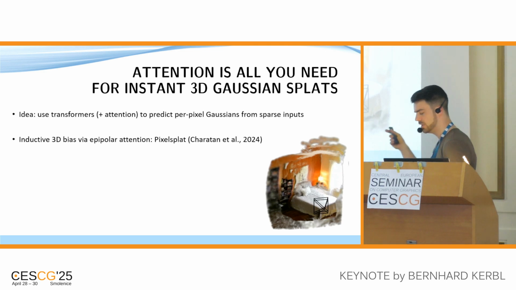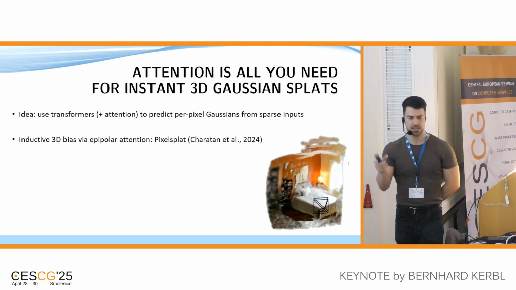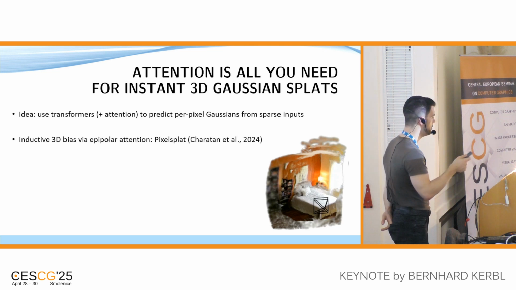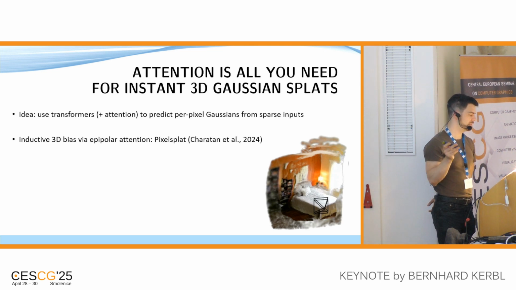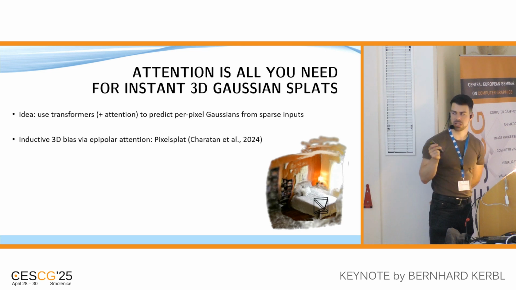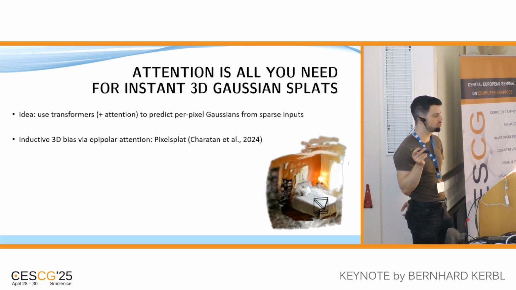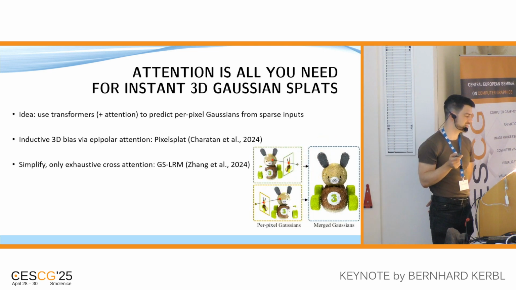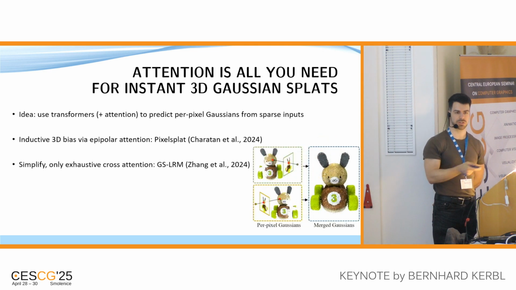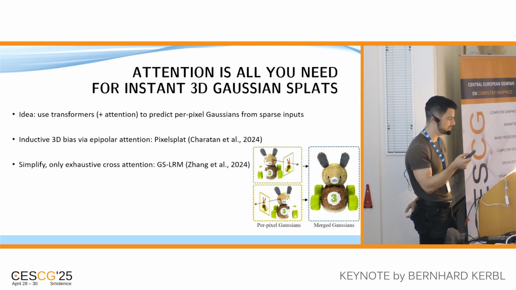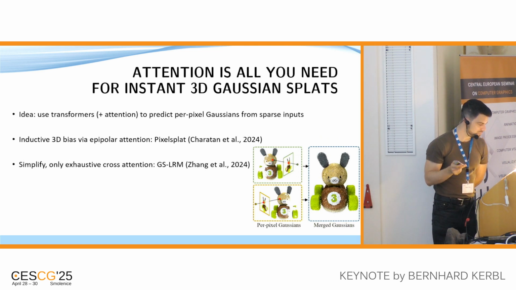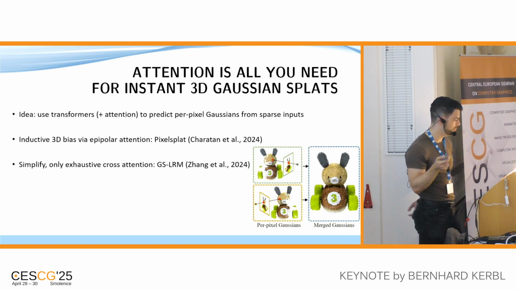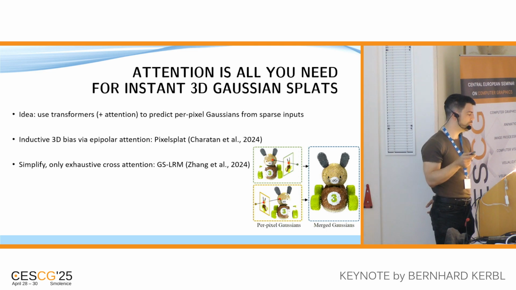So basically for each individual image, you predict a set of Gaussians in 3D space, and then merge them together to get a representation. This first approach was published as Pixel Splat in 2024. It's actually a very nice approach that tries to make some very systematic assumptions about epipolar attention and how you can exchange as much information between the two images via some 3D bias, but was eventually outperformed by GS-LRM, which only